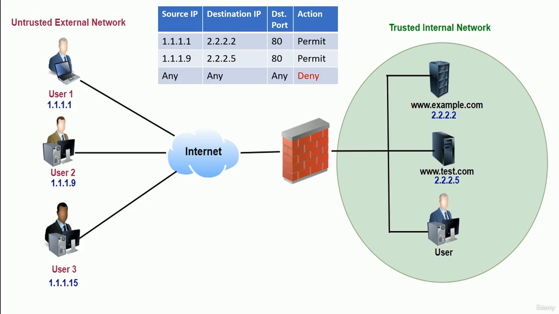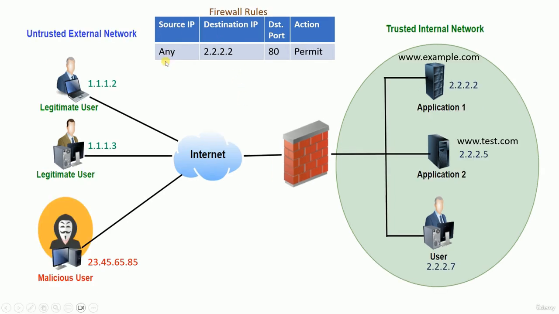Let's understand the limitations. All right, so this is a very simple firewall rule again. This time, instead of having an explicit IP address, I made it any source. So any source to this destination, which is nothing but example.com, for HTTP transaction, is set to permit. Just consider that if this user is trying to connect to this application, his request would come here, and as we have any as the source IP, it can be any source, right? And the destination would be this, and it is an HTTP transaction, so it would be allowed to pass, and he will get the response. Similarly, when this guy is also trying to connect to it, it is allowed to pass